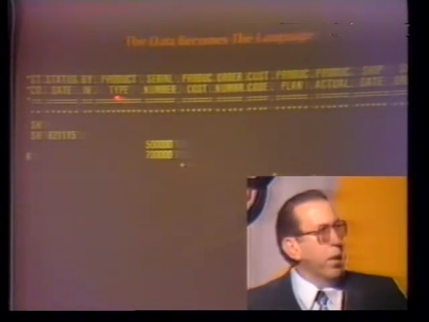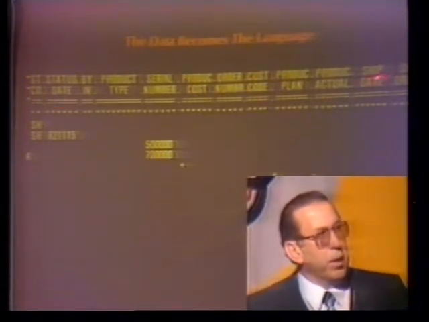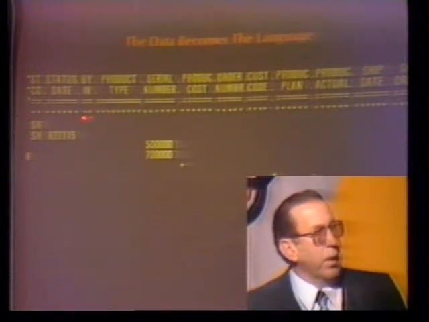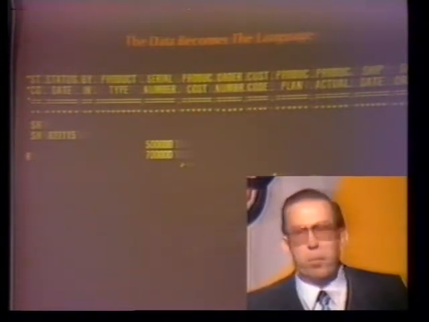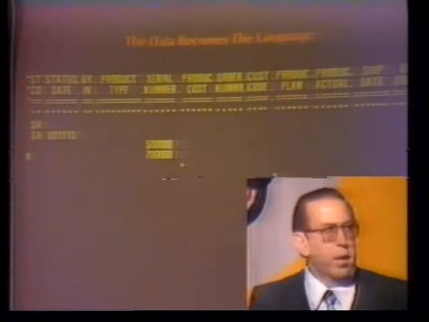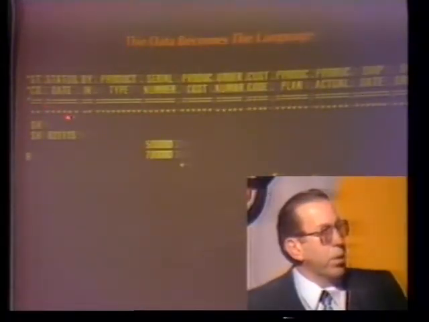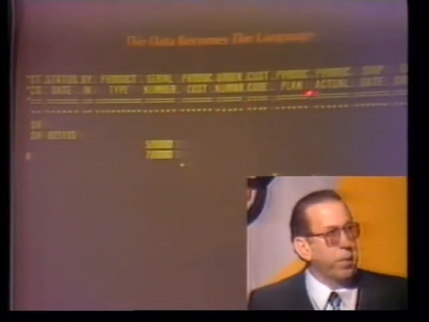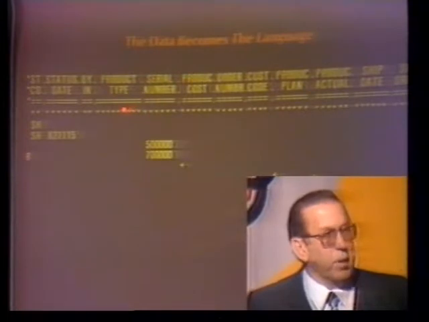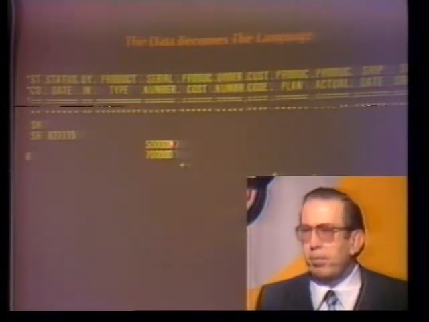And the search function, they would specify, I want to search this report and this type and transmit. The system would then go out and extract the function mask, which would consist of these headers across the top here, and this line of asterisks, and that would be presented on the screen as a function mask. The line of asterisks here is used for character position control within the fields. So in other words, if I wanted to do a partial search of this product type number by erasing some of the asterisks, I would be limiting the field size on this particular field. So you get character position control within the fields. That's what the asterisks are for.